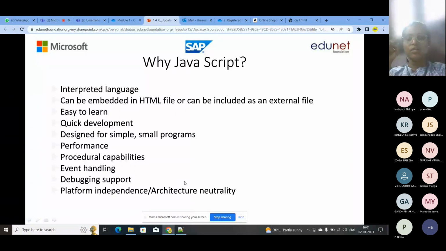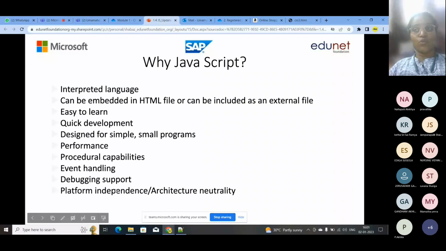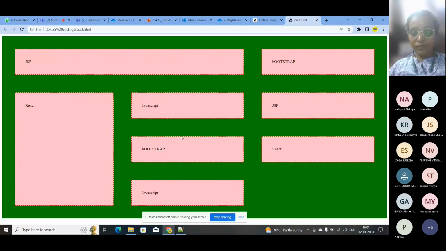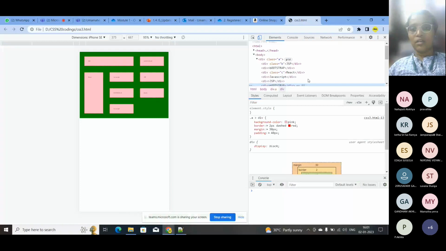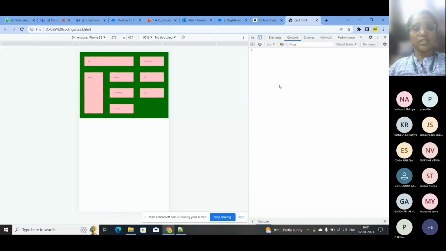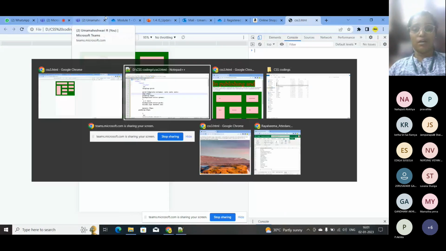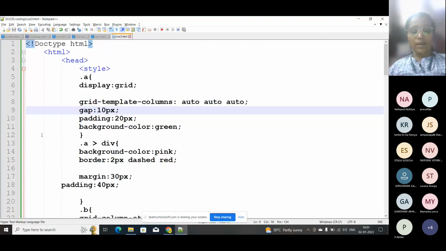This is easy to learn, it is for small programs, performance is good, event handling can be done, and debugging support is very useful. If you have some error, you can directly go and right click on inspect. Okay, in the console part you can see the error if you use JavaScript. Okay, and the next one is,